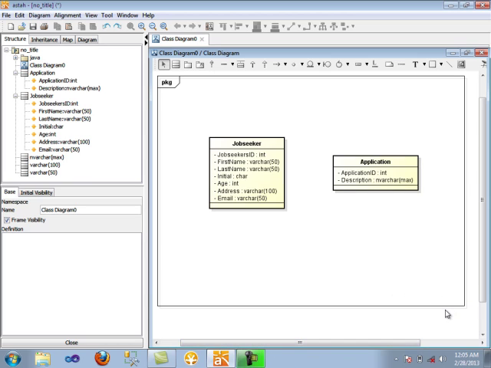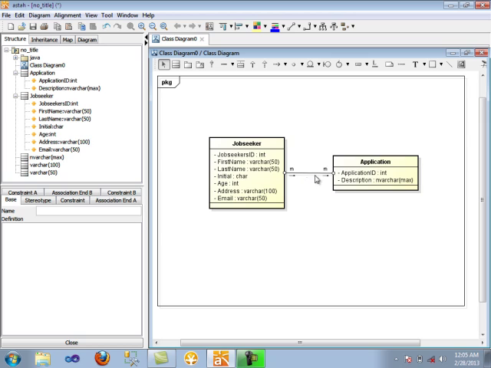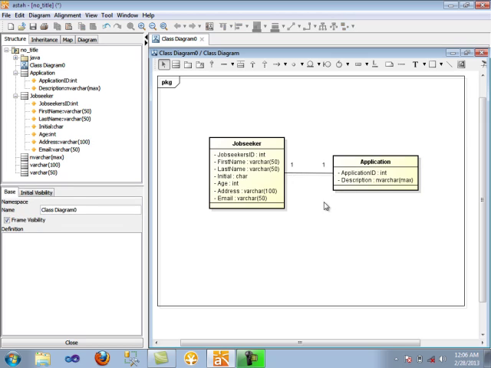So this time I will connect the two tables. I will click here, then I'll drag it to the job seeker table. So it could be one job seeker have one application. So that could be the output.